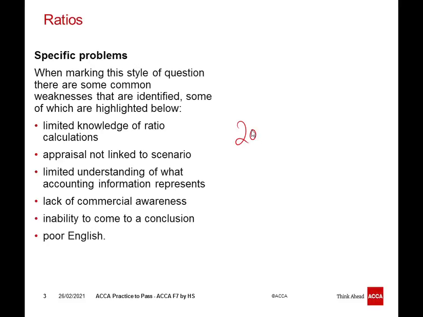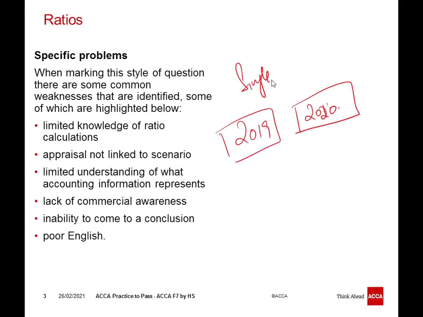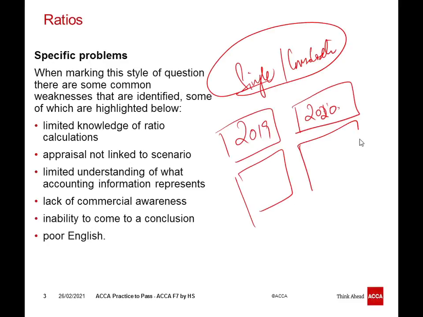So now, what does the examiner want exactly from you? For all the cases, the examiner will usually give you 2 years for comparison, 2020 and 2019, either in the case of a single company or in the case of consolidation. In both cases, you will have 2 years in which you need to calculate the ratios. Sometimes even the examiner does the calculation on their own, so all you need to do is just give the interpretations. So you only need to identify at this point.